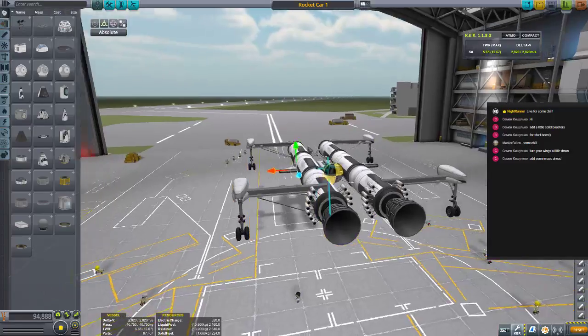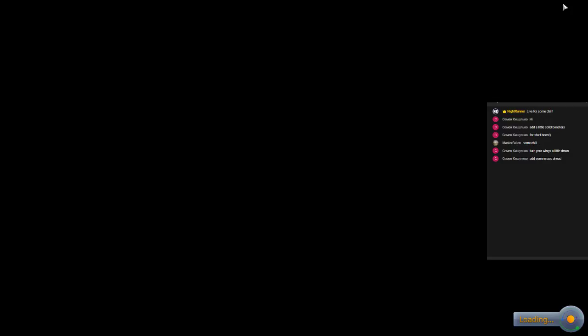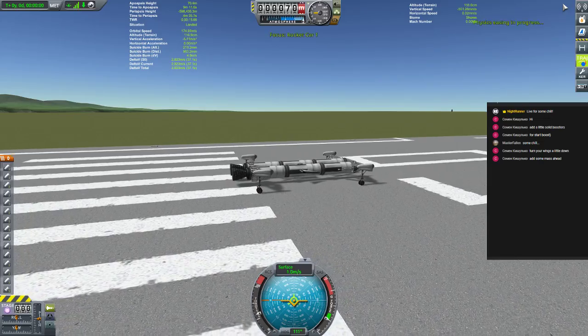Anything else we wanna tweak? I think that's the only problem for now. Maybe later we'll add some stages to drop some of the empty tanks,